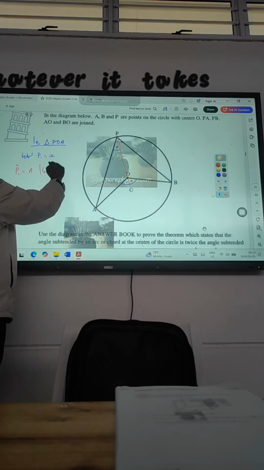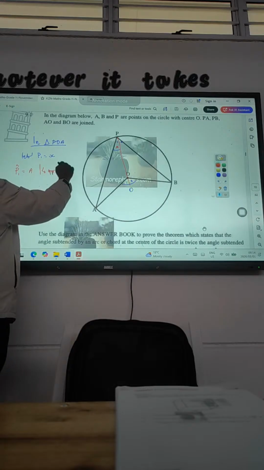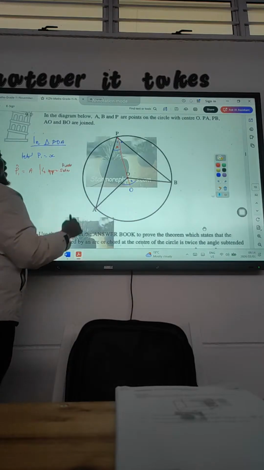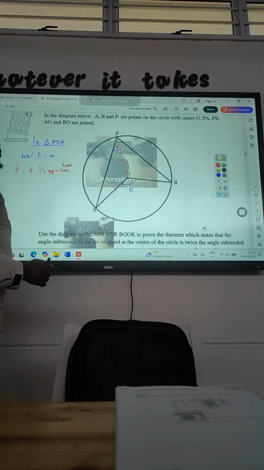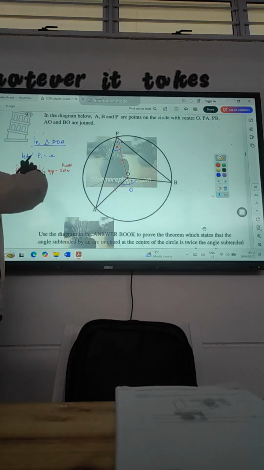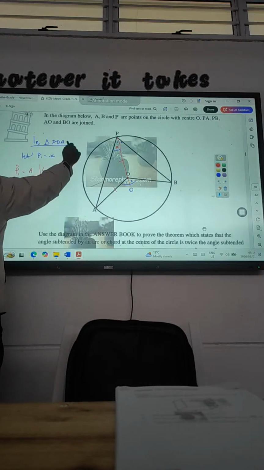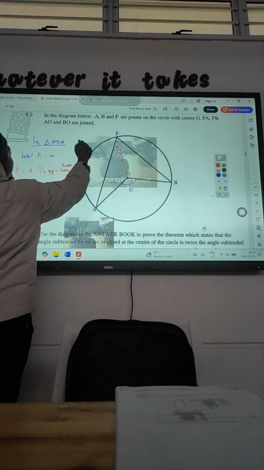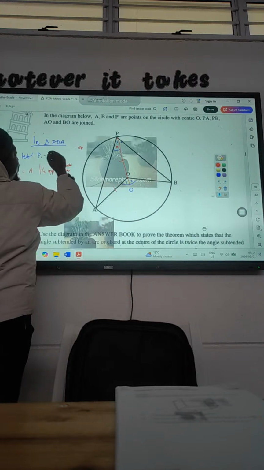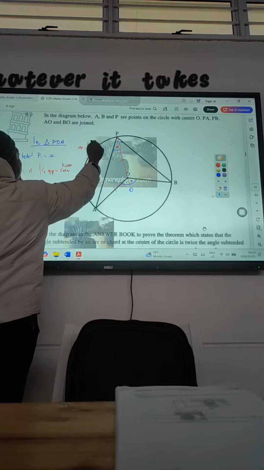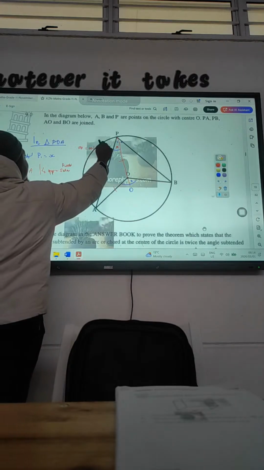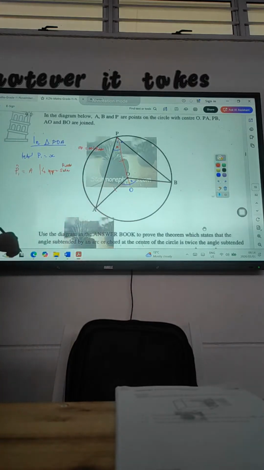Angles opposite equal sides, or equal radii, right? Because we know this is equal to that. So you can also mention before that, I know that OP is equal to OA because those are radii of the same circle,